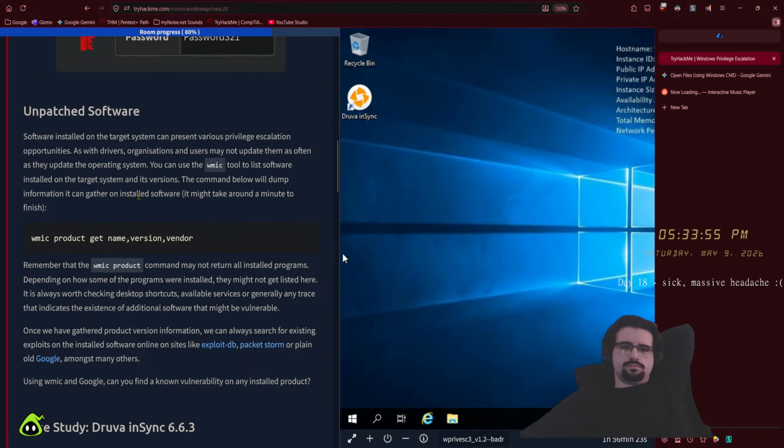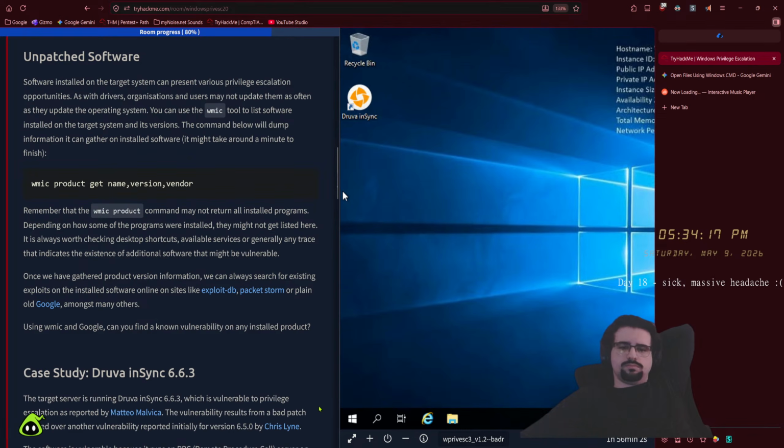Depending on how some of the programs were installed, they might not get listed here. It is always worth checking desktop shortcuts, available services, or generally any trace that indicates the existence of additional software that might be vulnerable. Once we have gathered product version information, we can always search for existing exploits on the installed software online, like ExploitDB,